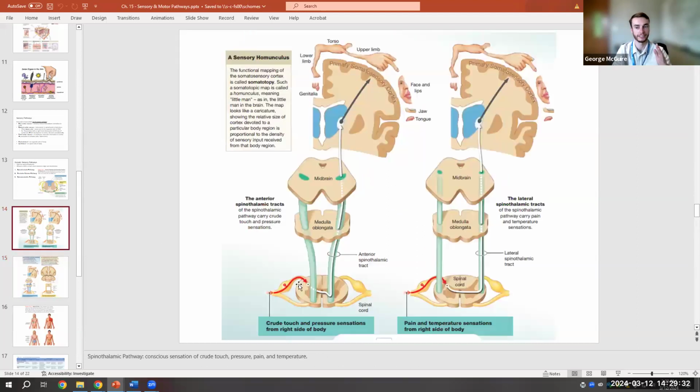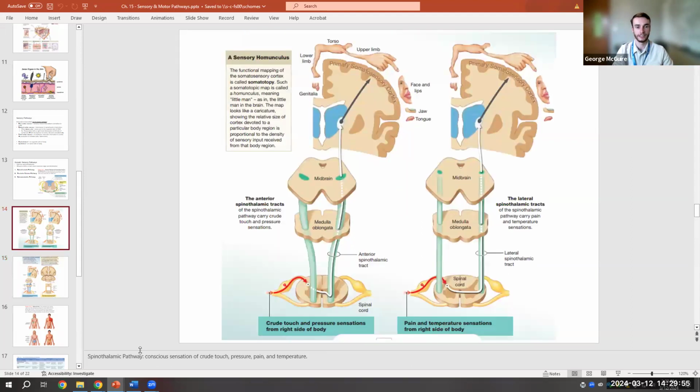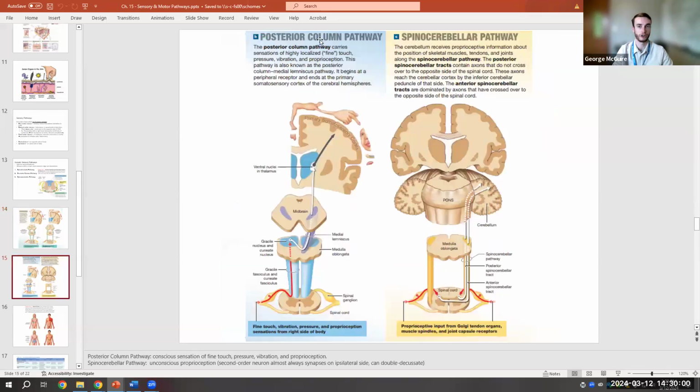So we had decussation basically immediately as the sensation made it to the spinal cord in our spinothalamic path. And in this one, that sensation is traveling ipsilaterally until the brainstem. It doesn't cross over until the brainstem. But other than that, the 3-neuron rule is the same. And whereas the spinothalamic pathway was responsible for crude touch and pressure, our posterior column pathway has sensation of fine touch and pressure,